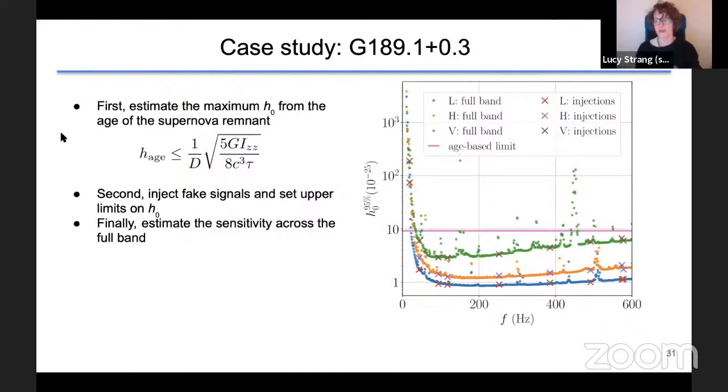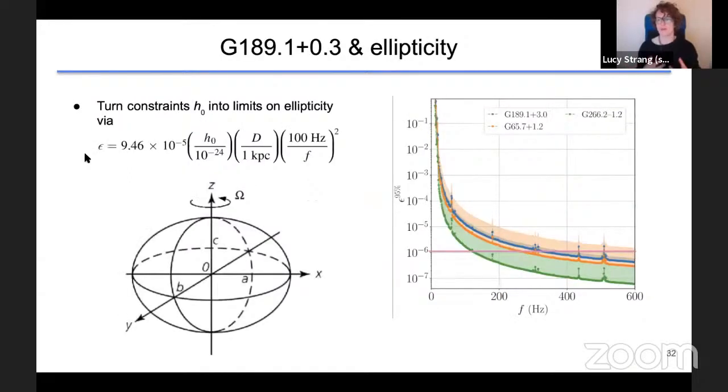So we can go one step further than this. If we go on to the next slide, we'll begin talking about ellipticity. This was mentioned earlier, and we were talking about the shape of the neutron star and how spherical it was compared to how football shaped it was. Now, theory tells us that we don't expect them to have a higher ellipticity than a dimensionless 10 to the minus 6. As we can see in the figure on the right, we're getting below that for 3 separate targets.